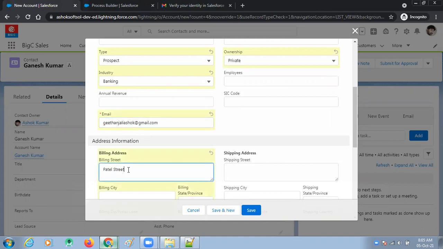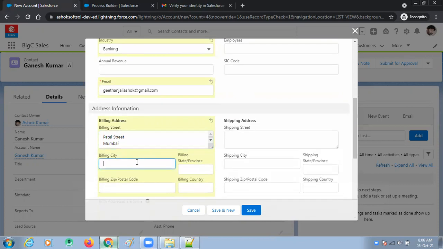Patel Street, Mumbai. Billing city is East Mumbai, Maharashtra. Zip code is 40012. India.